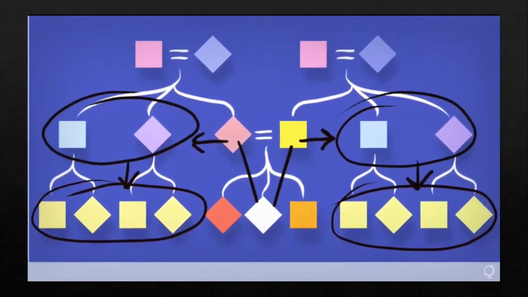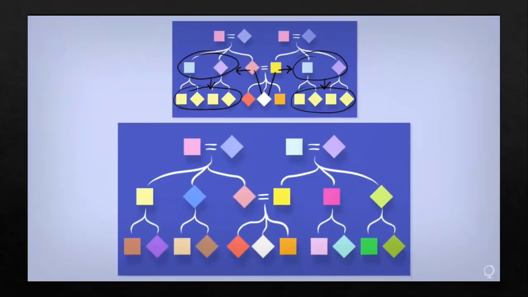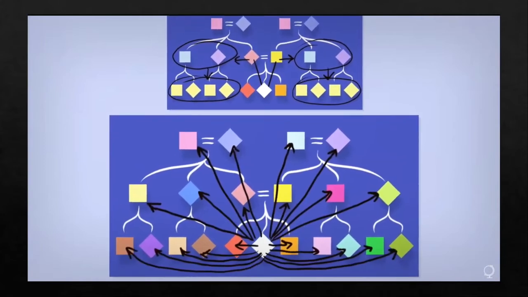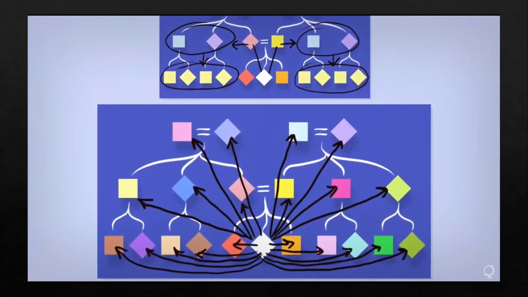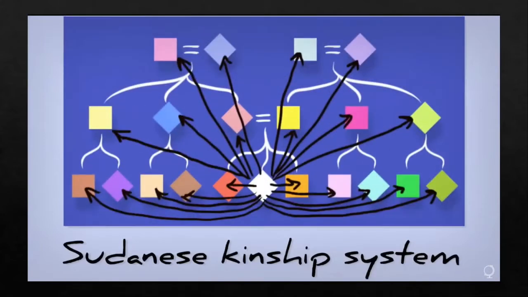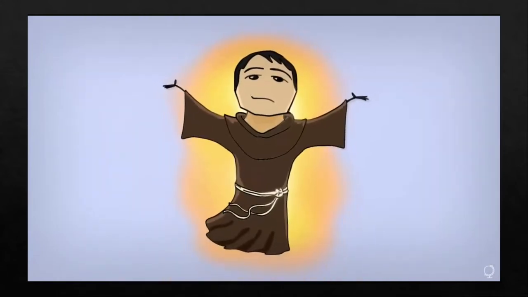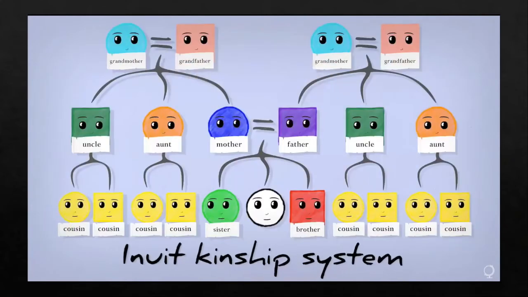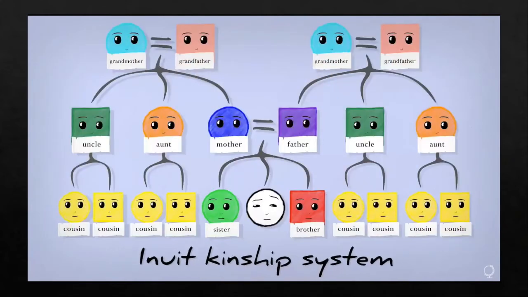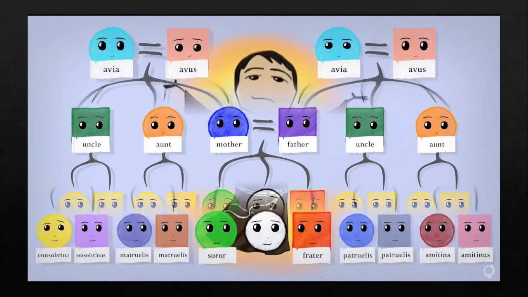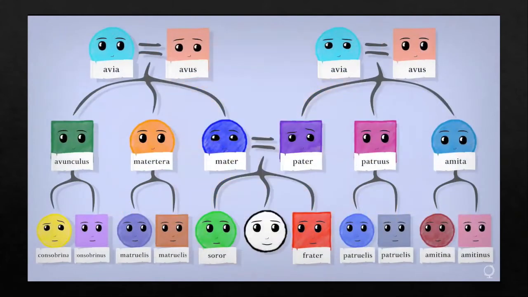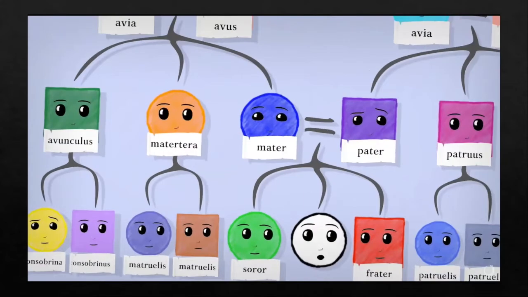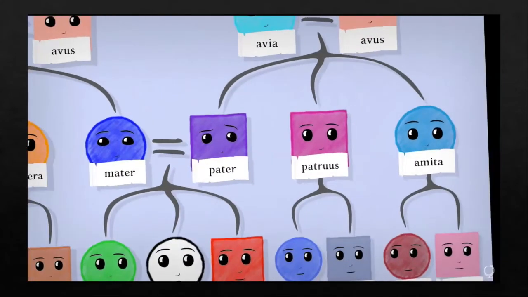Well, what if we broke these apart? What if we gave unique terms to every single relation from yourself on the tree? Your wish comes true in the Sudanese kinship system. If you studied Latin, maybe you tried to map ancient family terms onto your English ones, or Inuit ones in English. It's a strange world. But the old Romans didn't talk about family that way. They had distinct terms for each of your various aunts and uncles and cousins. Your mother's sister is not your father's sister, after all.